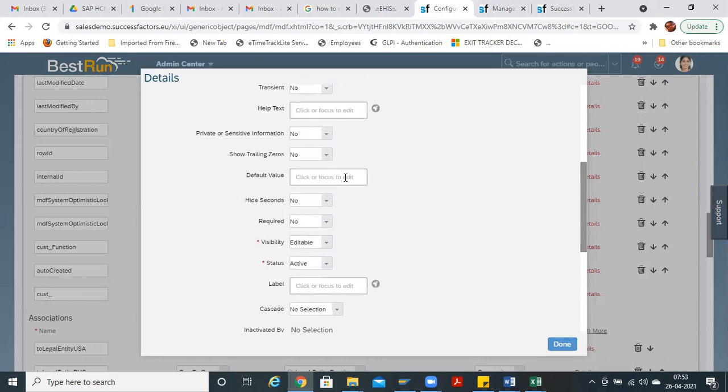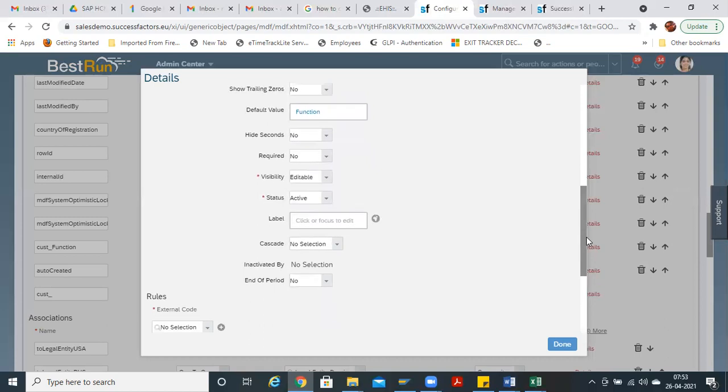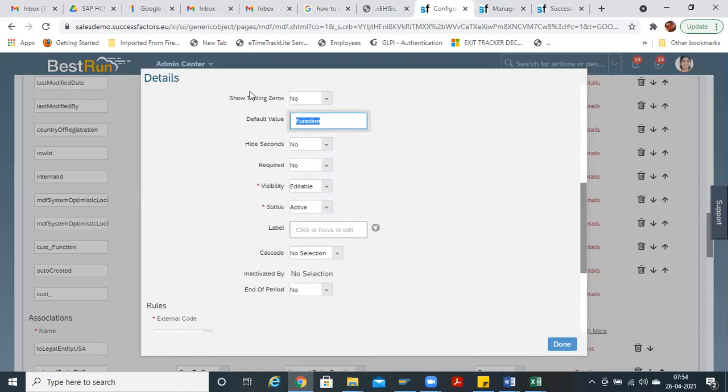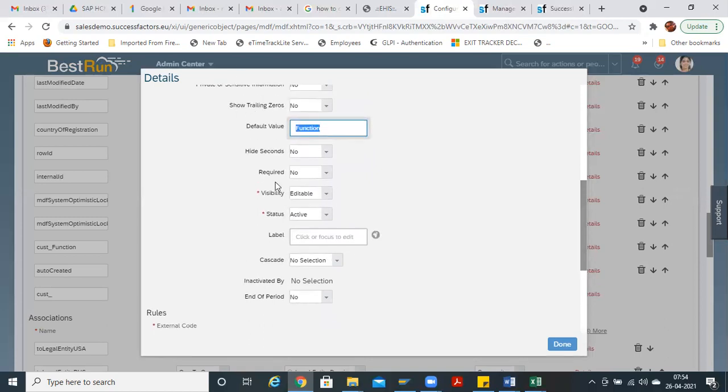These are okay. For the default value you can just write function. Required: if required is yes, then it will show the star symbol, else no. Editable is nothing but editable, if you want it editable; not visible means the field is just not visible. And here under label, just write function. This is the label where you will be doing the changes, as I mentioned before.